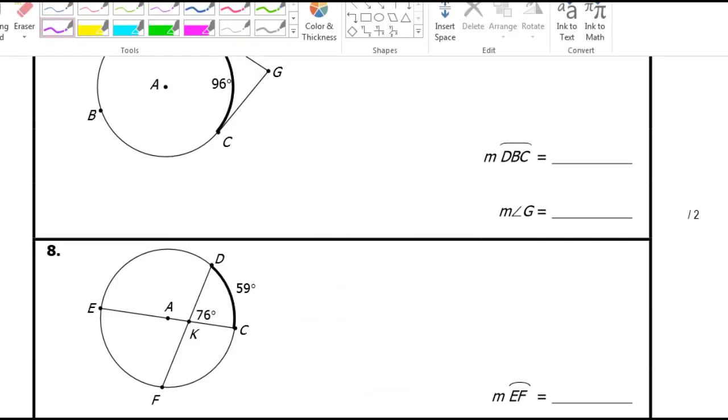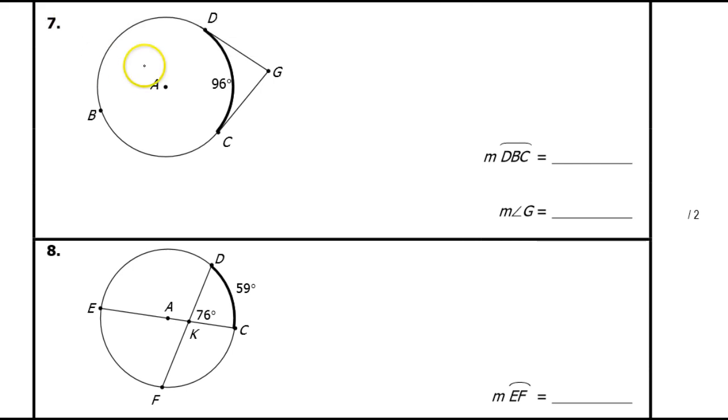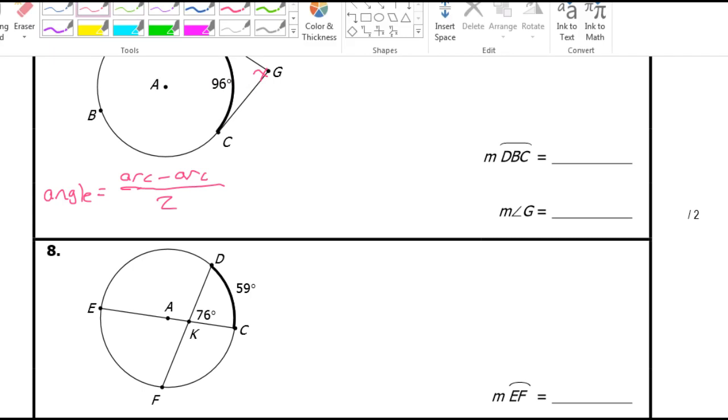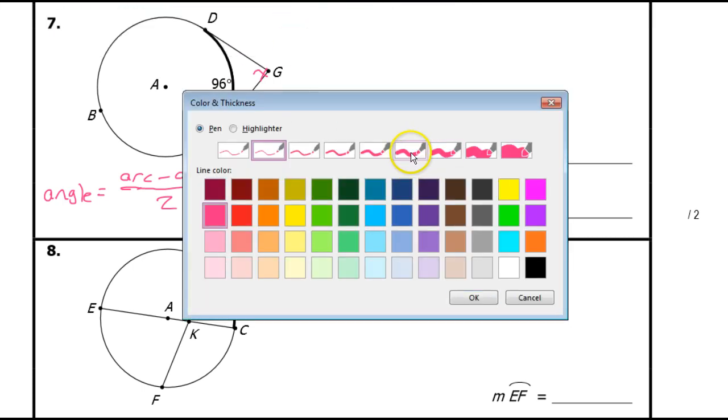So looking at problem number 7, we notice that the angle is outside of the circle. So the relationship here was that the angle is equal to the big arc minus the small arc divided by 2. Okay, that was the formula. Let's see. So the angle is right here. I'm going to go ahead and call that x. Now look, when we talk about the big arc and the small arc here,